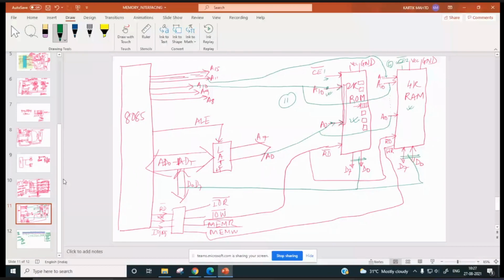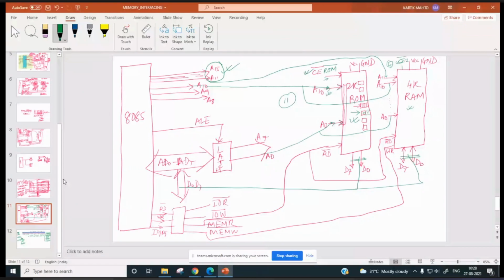But A11 to A15, what about these address pins? If these address pins are not properly decoded to make this CE ROM active, then what will happen? I will tell you.